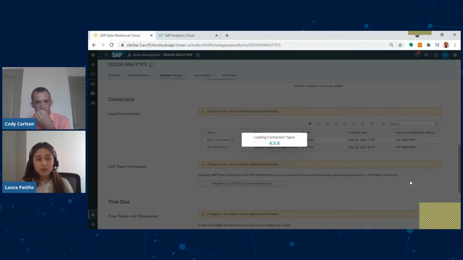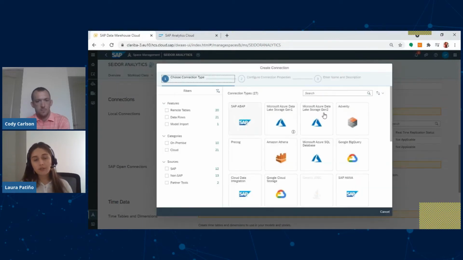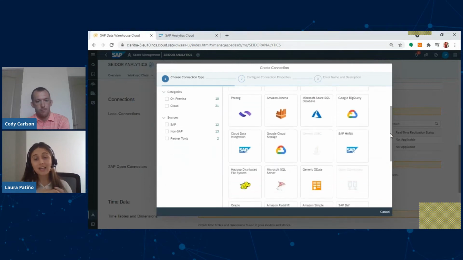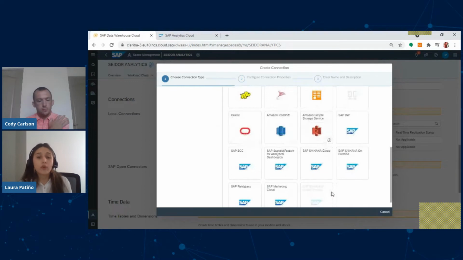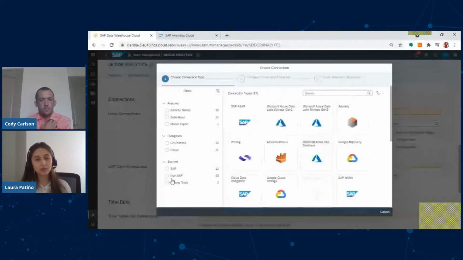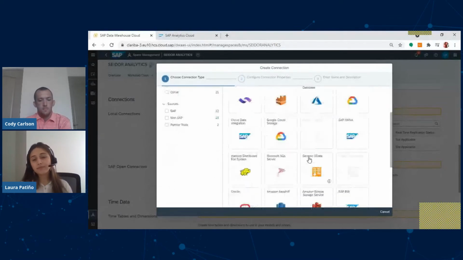One good thing about this tool is that we find a bunch of native connectors to different data sources, the most common sources that pretty much every company uses, such as information from AWS, Google Cloud Platform, Azure, our regular SQL database, Oracle, and of course, the native connectors to different SAP systems. You can connect both on premises or cloud.